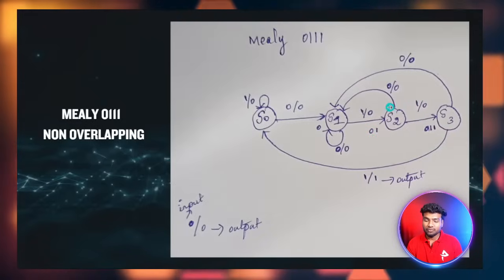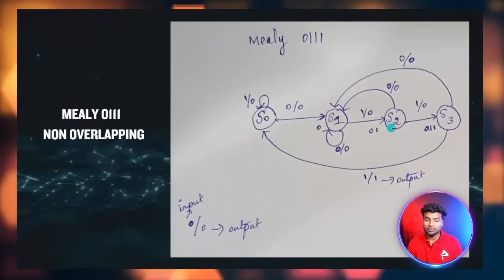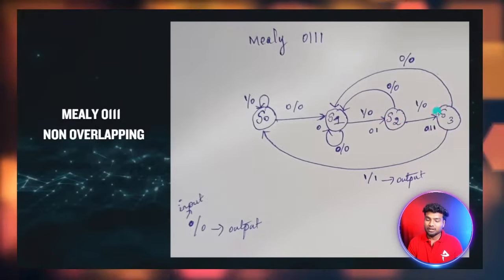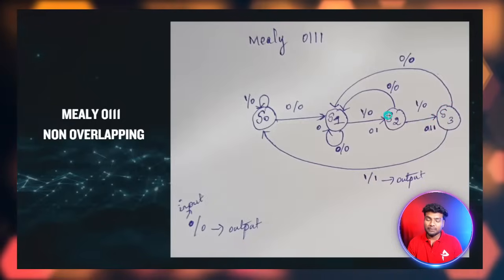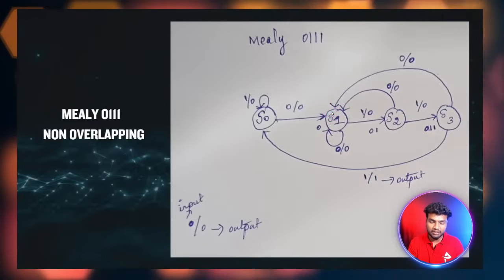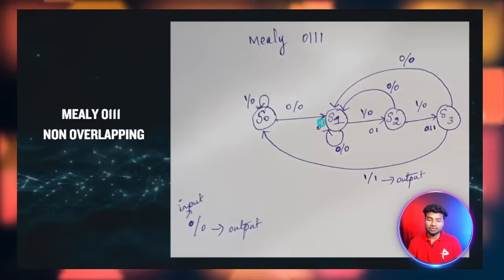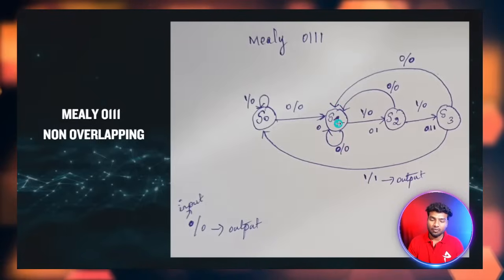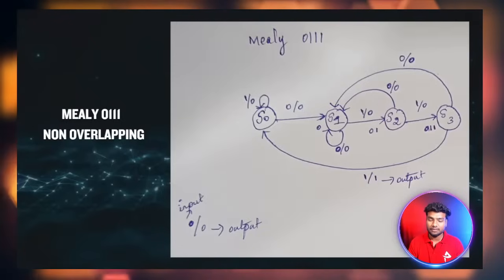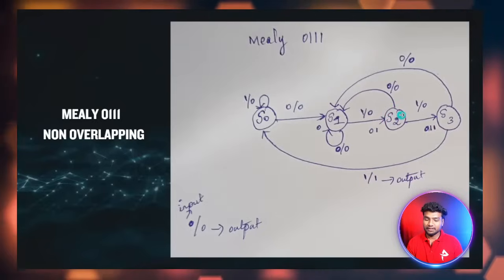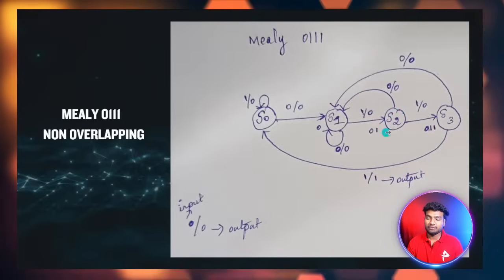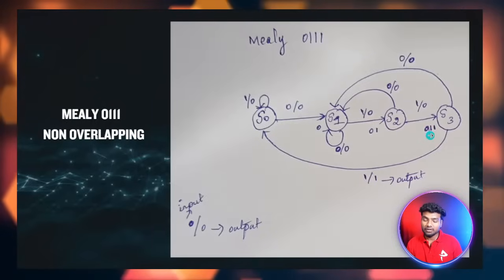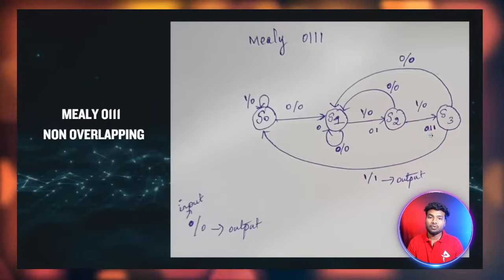If I am in the S2 state and my input is 1, I can move into the S3 state. If it is 0, I go to my S1 state, because I already have the 0 value, and there is another chance to get a 1 in S1 to move into S2 state. So up to the S3 state I have the sequence 0 1 1,